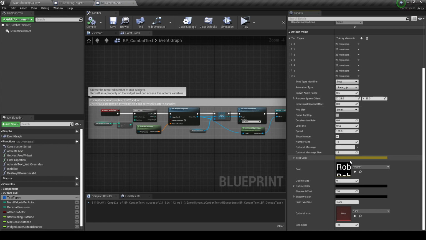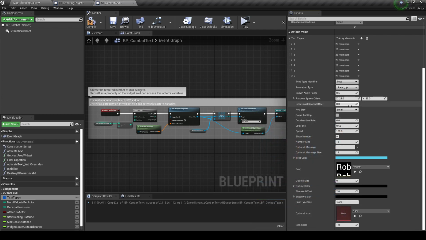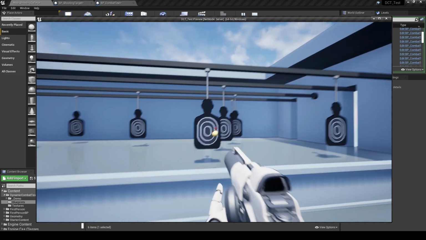So let's change this text to another color. That gold was quite hard to see. Let's make it kind of like a light blue. So let's try parabolic down. I'm not going to go through all these. You can sort of go through these on your own. So if we try the parabolic down,